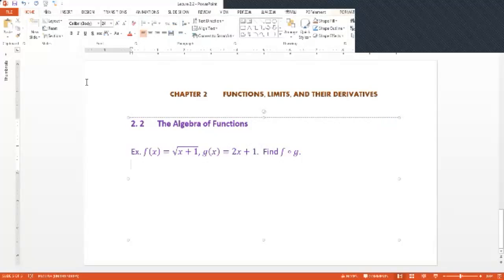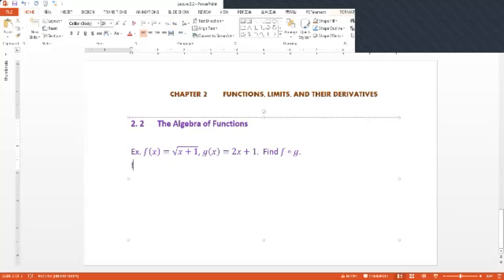In this example, we have two functions, f and g. F is defined as square root of x plus 1, and g is defined as 2x plus 1. So we need to find the composition of f and g, and the open circle between f and g means composition of two functions. So according to the definition,